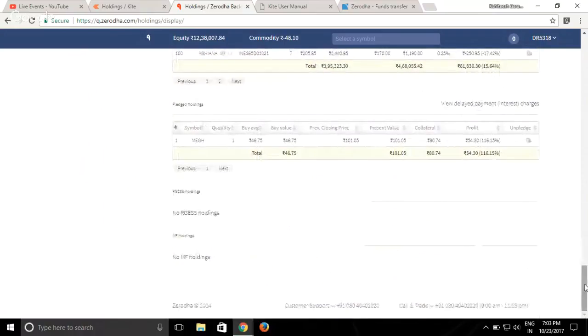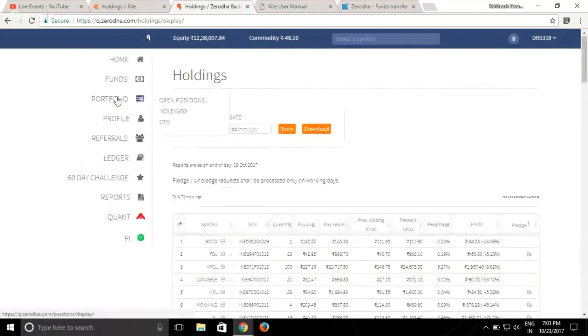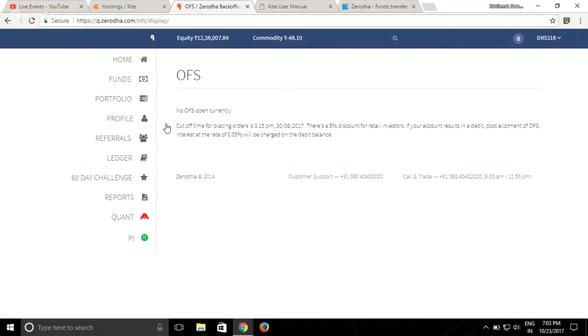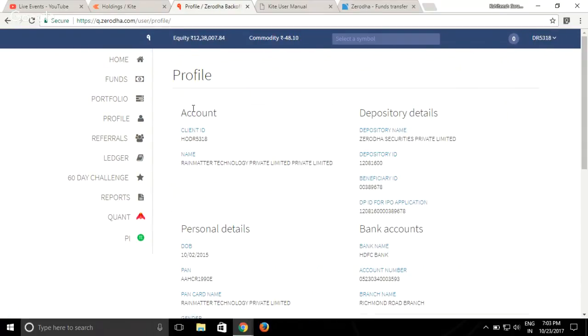Okay, so this is about your holdings. Under portfolio, you'll see an option called OFS. Basically, if a company ever announces a corporate action of OFS, you'll have to enter those details here. Okay, next is profile. You'll get details of your depository and the DP ID of IPO application, and all other